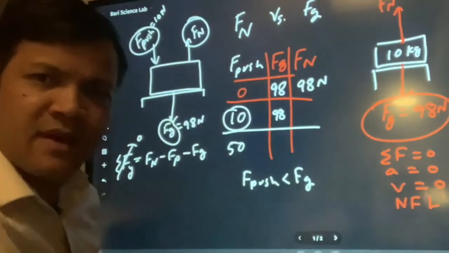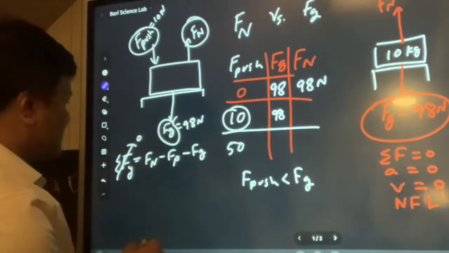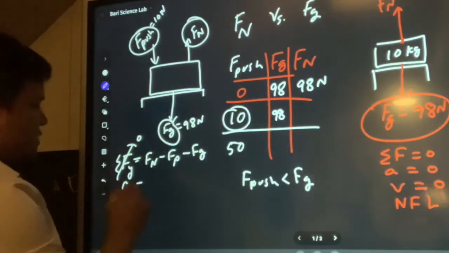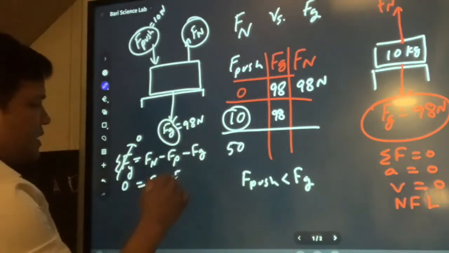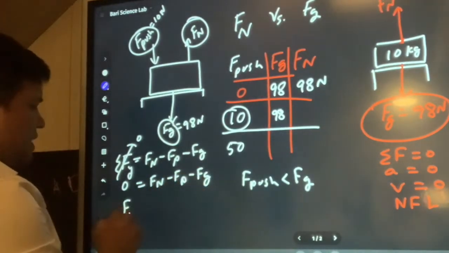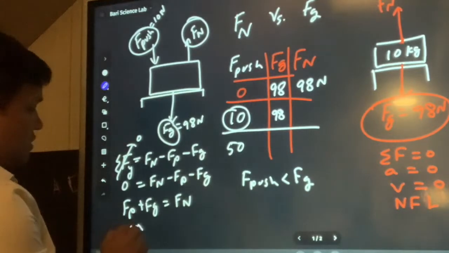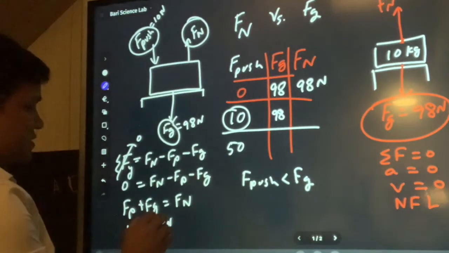Because if F push is less than the weight, then the net force is 0. Keep that in mind. So 0 is equal to Fn minus Fp minus Fg. So Fp plus Fg is equal to Fn. Fp is 10 Newton plus 98 Newton, which is equal to Fn. So Fn is equal to